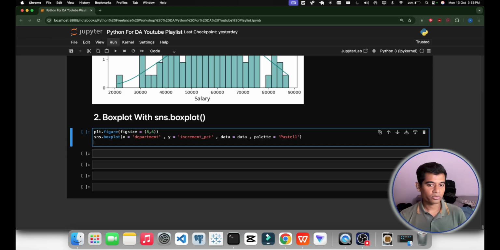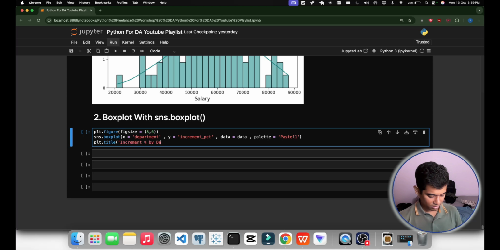Now it's time to write the title, x label, and y label. So plt.title. In this, what should we write? Let's give something understandable, like increment percentage by department. It would be better, right?